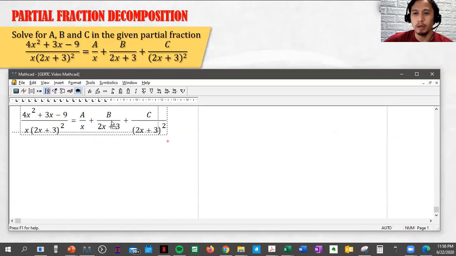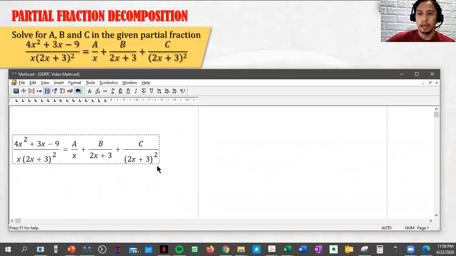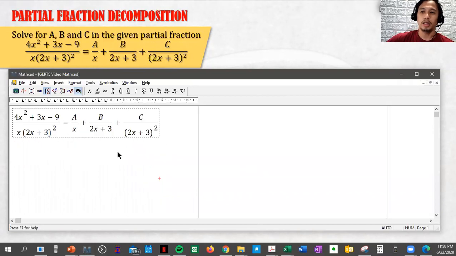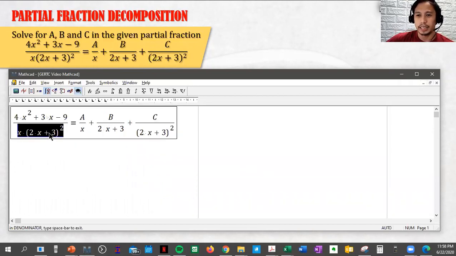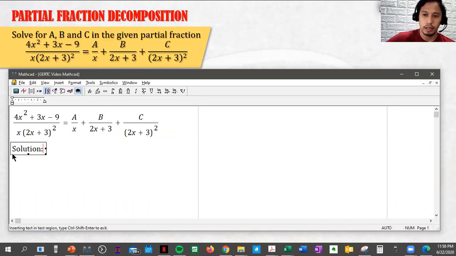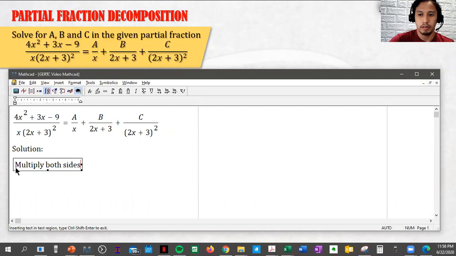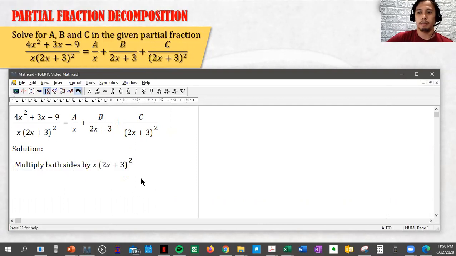Now, what will we do here? Well, first, multiply both sides by this. Okay? So, that is the solution. Multiply both sides